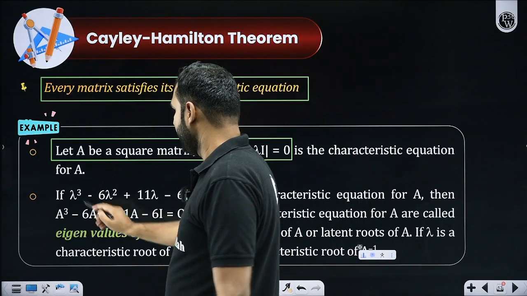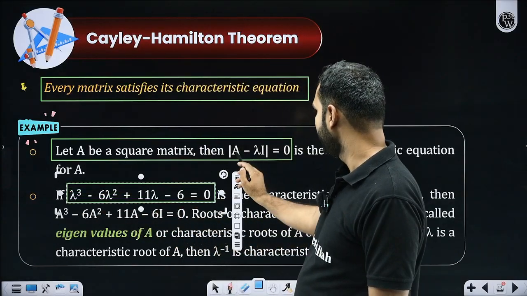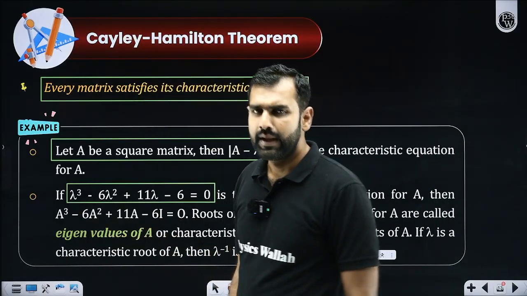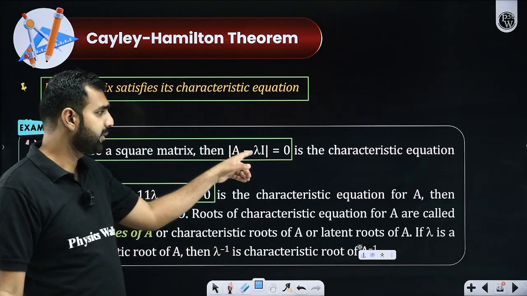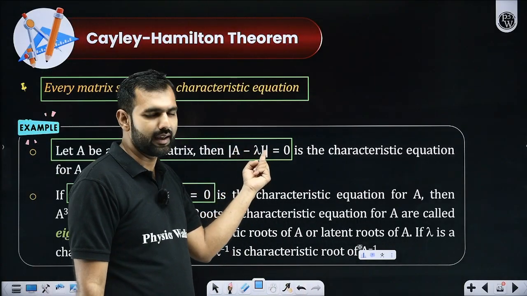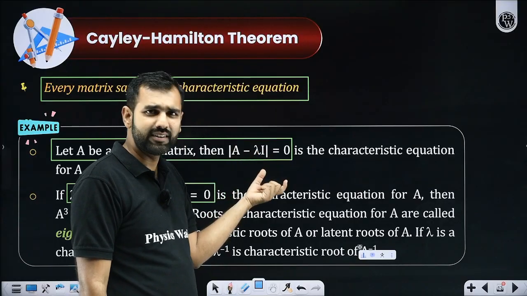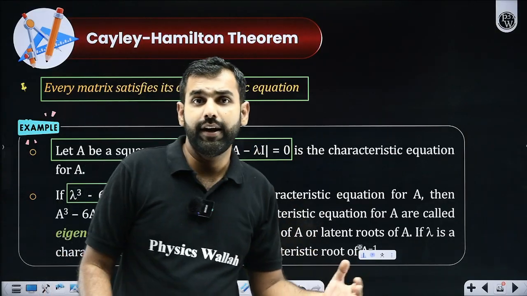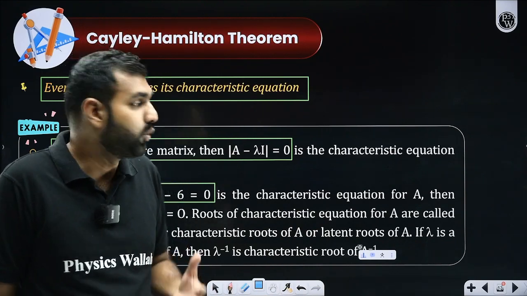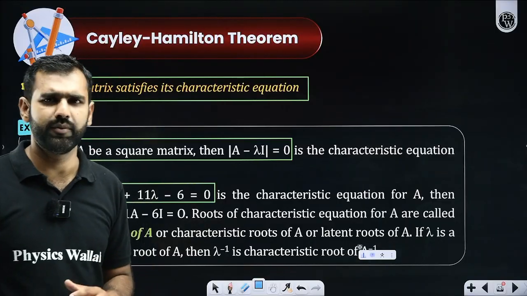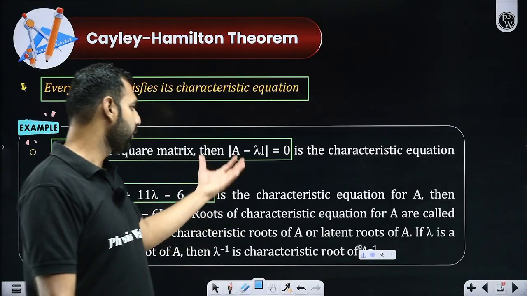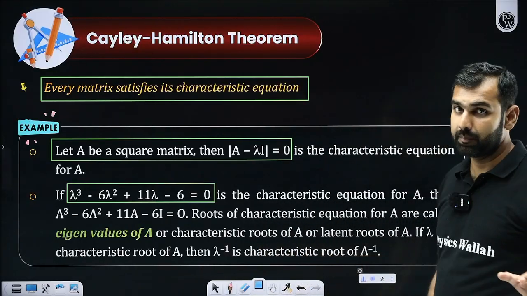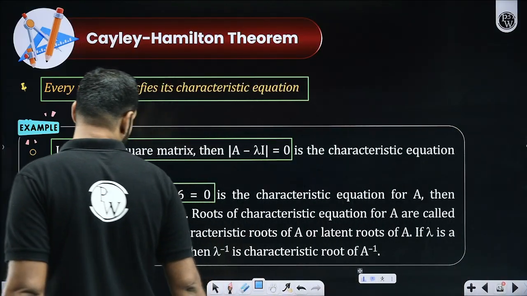And for example, if I solve it for a 3 by 3 matrix by solving the determinant of A minus lambda I equal to 0, I'll get a cubic polynomial in lambda. And that lambda can be replaced by A, because what is this? A minus A I. What is A minus A? Null. So determinant of null is 0. So they did not say something out of the box, but it did wonders in the world of matrices. It did something really amazing in the world of matrices. So I hope you are realizing how beautiful this is, how interesting and simple it is. Simple yet very powerful. Simple yet very, very helpful.